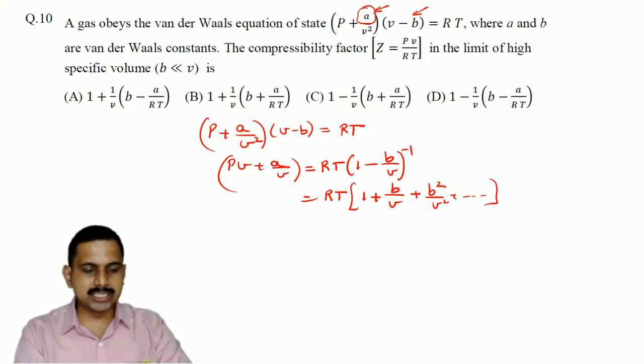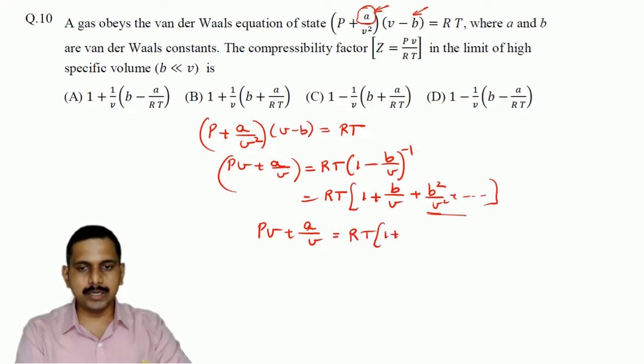Now here this is valid only when b is less than V, or b/V is much less than 1. But even if it is still lesser, then I can ignore the other parts also. So ignoring the other parts, I will have PV + a/V = RT(1 + b/V). Okay, and now if I further simplify it, this becomes plus a/V,